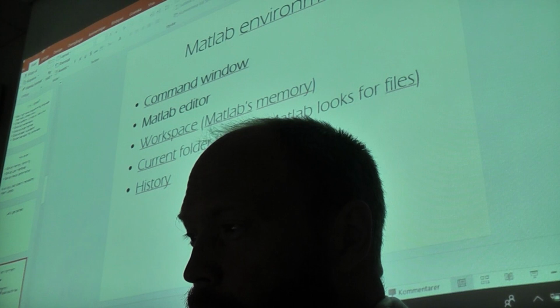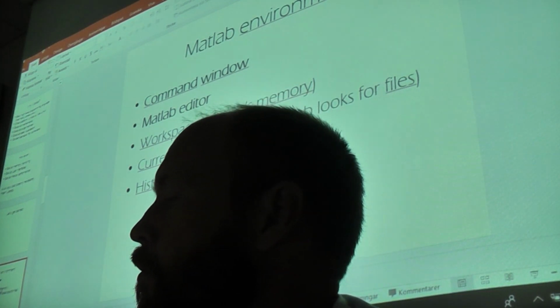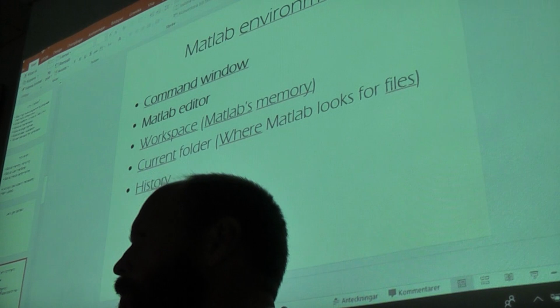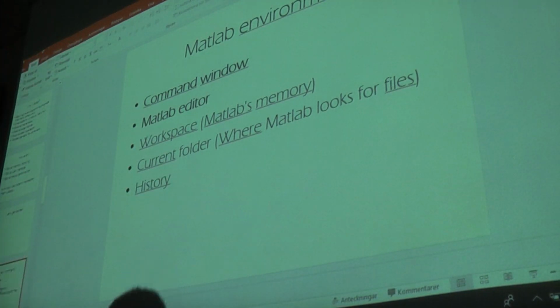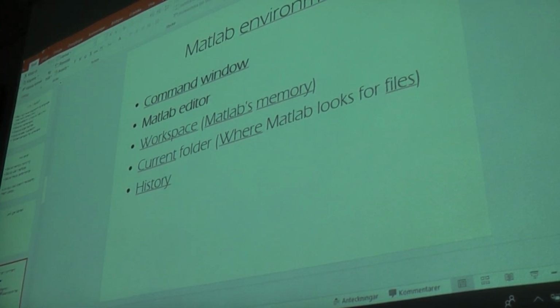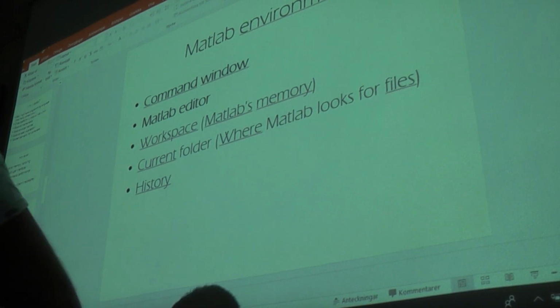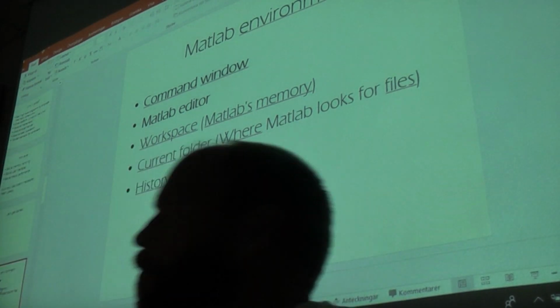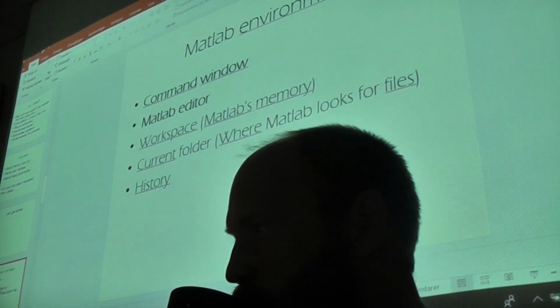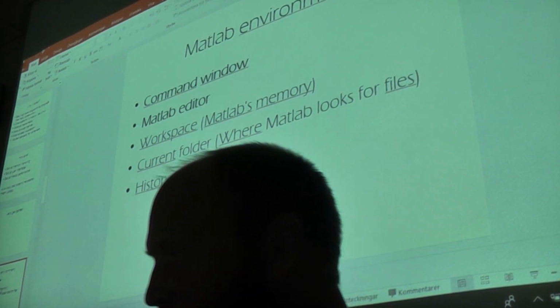Okay, maybe a stupid question, but I don't have my editor open at the moment. How do I open the editor? I think it's under the layout, or maybe you can click this New Script, then it will open. Okay, yeah, that's it. And then you will get the new script. It always opens by default when I open some script, I guess. Thank you.